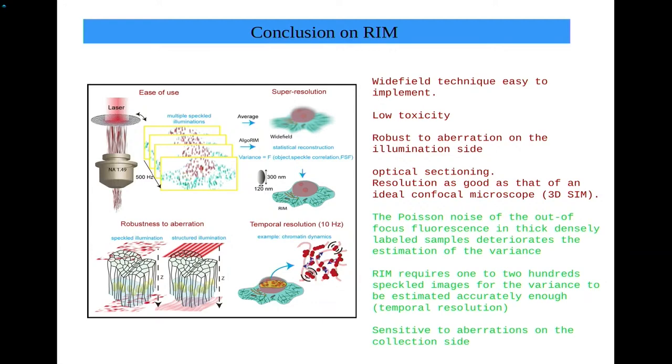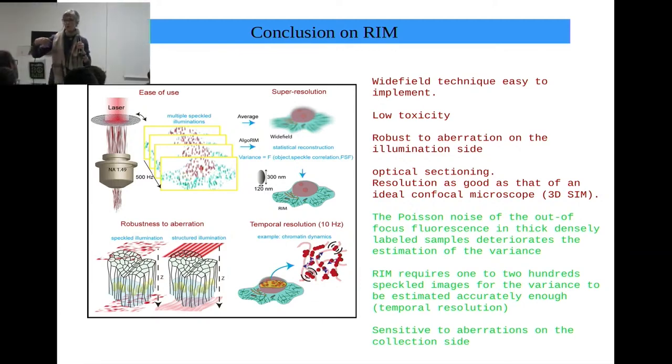But we are working on this, and we are improving this issue. For the moment, in published work, we had 10 Hertz at best, on not very big field of view, of course, because we need to use a camera that goes very fast in order to record our hundreds of images. So it's a small field of view, let's say 10 micron by 10 micron. But we still had 10 Hertz, which is not bad.